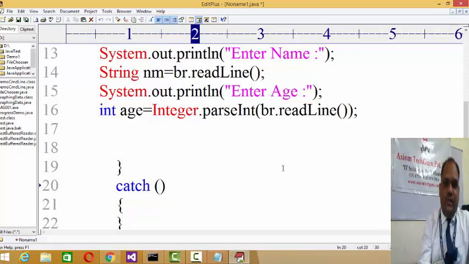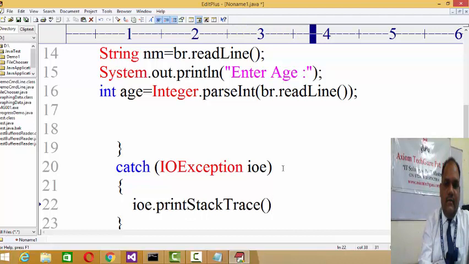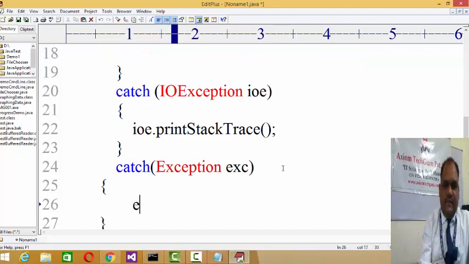you are trying BufferedReader methods over there, so it throws an exception, and that exception is called IOException. So if any exception occurred, any runtime logical bug occurred, it develops an object of IOException. IOException is a predefined exception. So I will create the object of it, and to trap that exception, I am having a method called ioe.printStackTrace. It will print the entire stack operation about that particular exception. And if apart from IOException any exception occurred, then it will be caught by the Exception class. Exception class is on the top of the hierarchy of the exceptions.